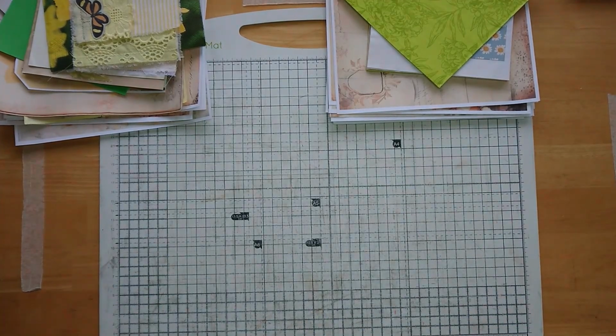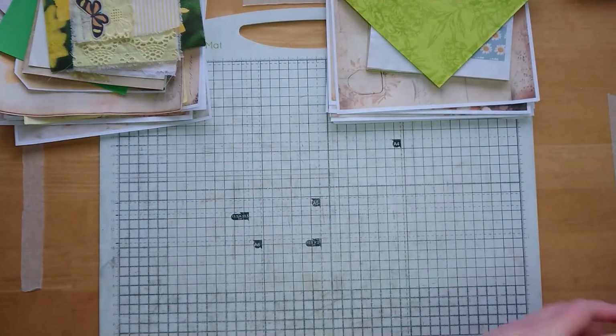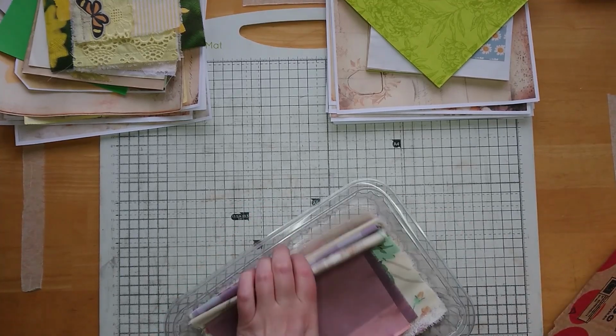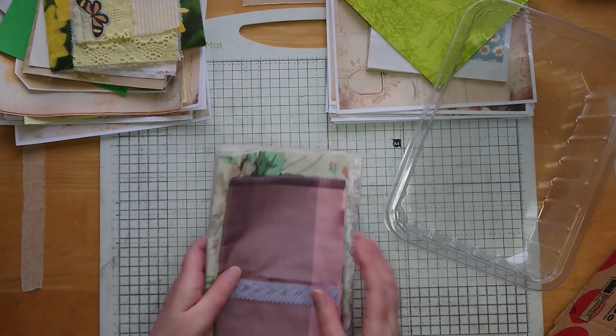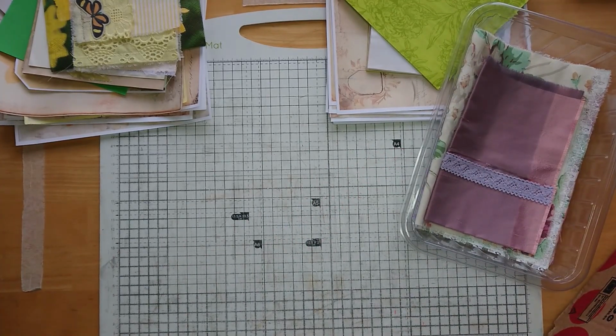Just grab. I've got a big box here of all my Fabric Friday makes. So let's have a look in here. Fabric pages, these are. I don't know if I've got anything that would work. No. So I think what I might have to do is grab a little post-it, make myself a note to do another one of those